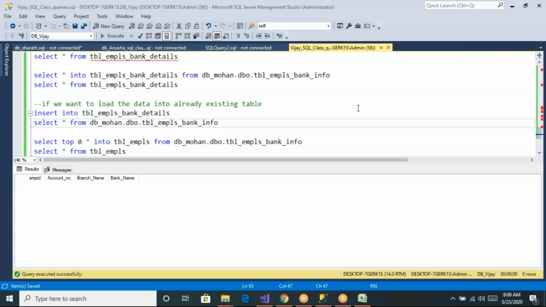We have the SQL constraints classes in the topic list. So maybe Monday or Tuesday, I can explain about the SQL constraints. I will show you how to create the SQL constraints on a new table, on an existing table, all those things.